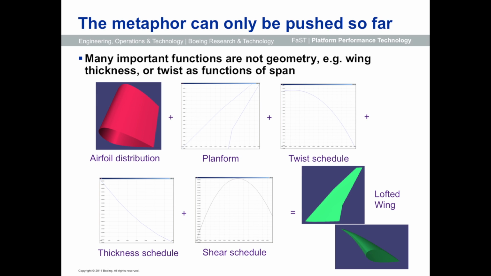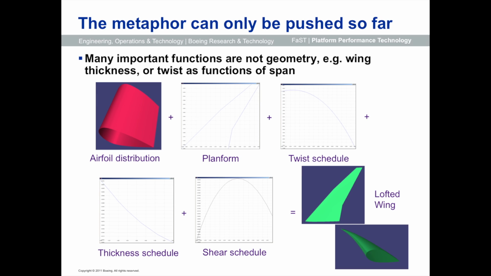That's not a piece of geometry, it's just a function that I can plot the graph of. Thickness schedule: what is the thickness of each airfoil section? And then shear schedule. Sometimes you want to translate these airfoil sections up and down, often for ground clearance for a nacelle, for example. You'll see that the wings will be sheared upward near the engine installation and then maybe down a little bit near root and chord.